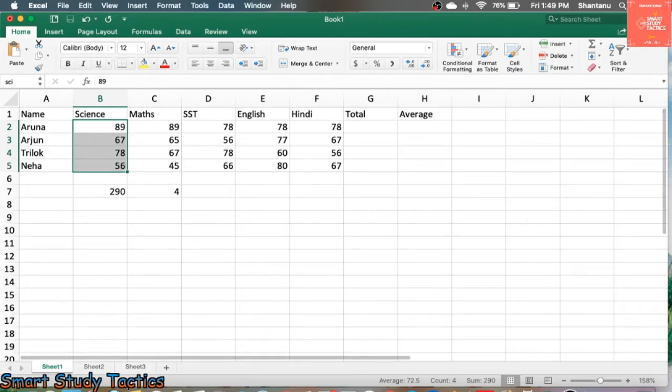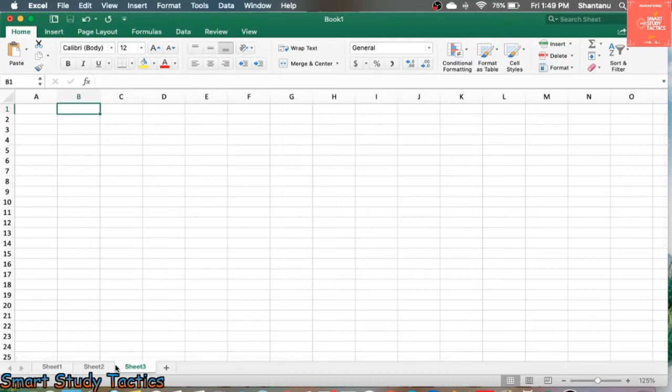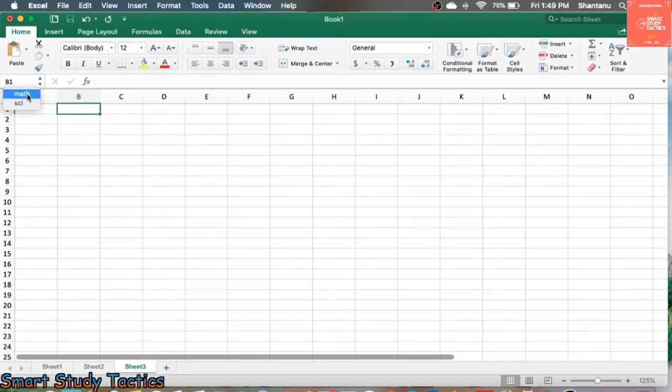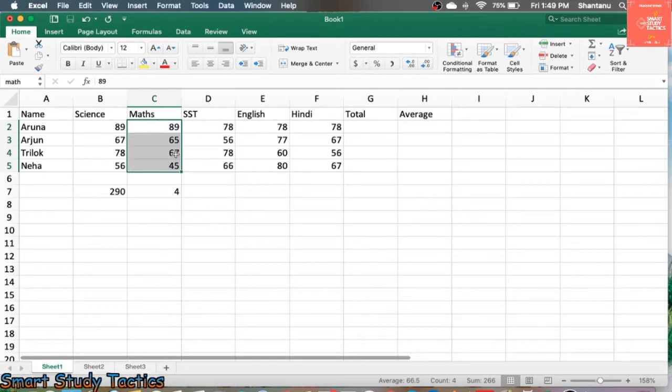If you have 10 or 20 sheets, there is no need to jump from one to another. Suppose I am working on sheet number 3 and I want to locate the maths data. I click here and it locates the maths only. I think this is clear to you.